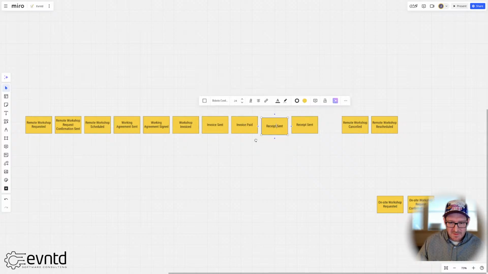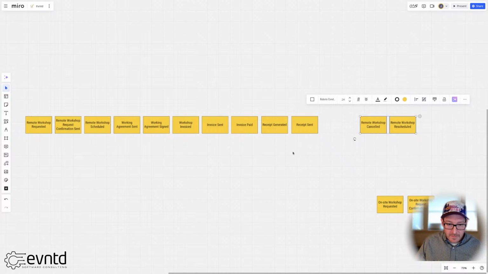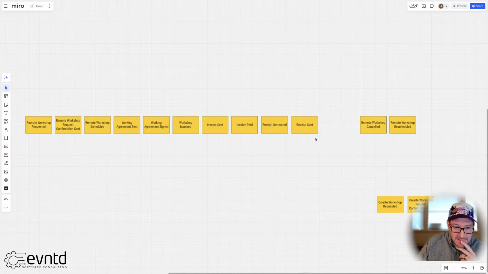Say receipt generated for now. Doesn't matter if I'm wrong. It's easy to refactor an event model. A lot easier than refactoring a whole bunch of code or just changing a whole bunch of code. Let's see here. Invoice sent, invoice paid, receipt generated, receipt sent,